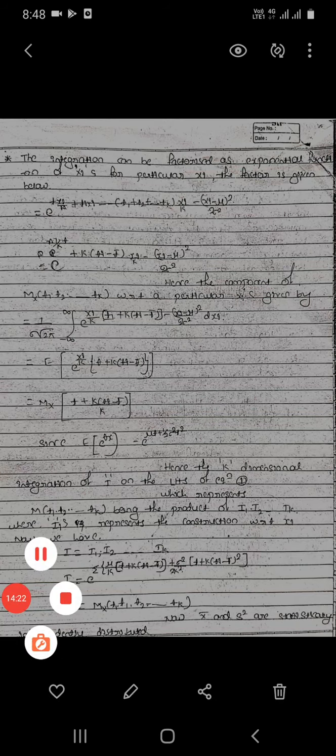The integration can be factorized as an exponential function of the xi's. For a particular xi, the factor is given below: e raised to t xi divided by n plus ti xi, and so on, t1 plus t2 plus and so on plus tk into (xi divided by k) minus (xi minus mu) whole squared by 2 sigma squared, that is equal to e raised to n into 1 by k into (t plus k into (ti minus t bar)) xi divided by k minus (xi minus mu) whole squared by 2 sigma squared. Here the component of